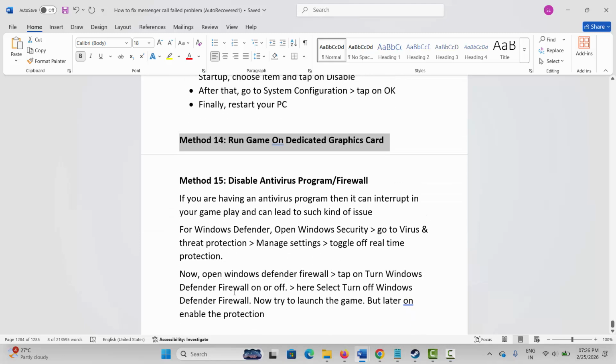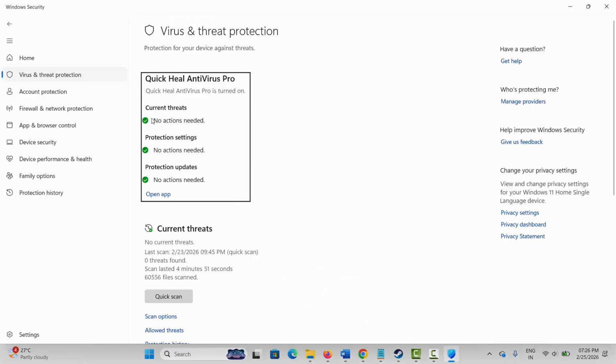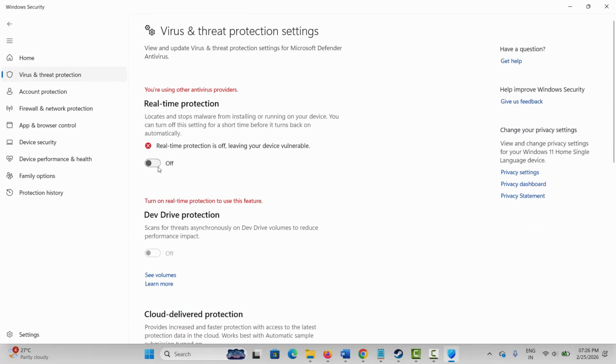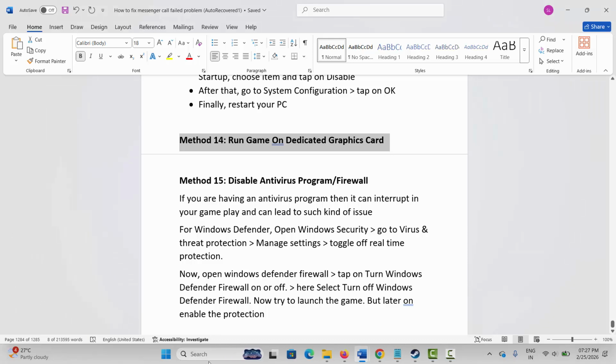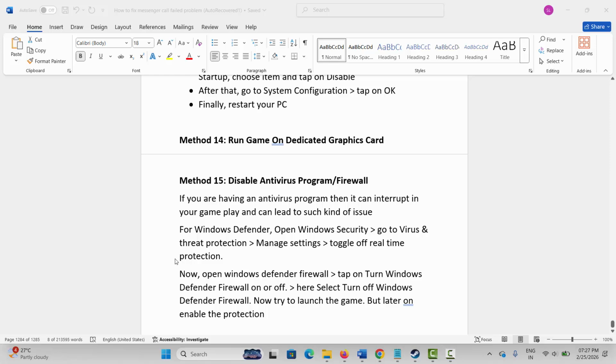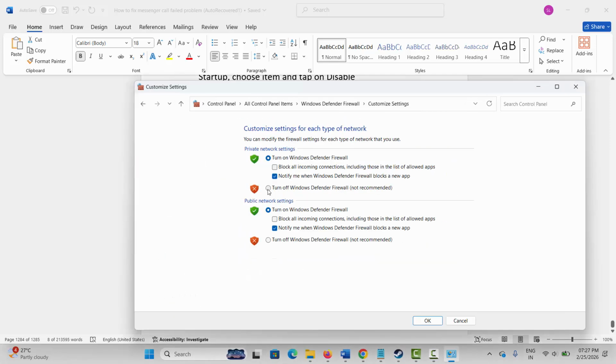So for that, go to the Windows search for Windows security, click on virus and threat protection, click on manage settings, and here you have to turn off real-time protection. After turning off real-time protection, again go to the Windows search for Windows Defender Firewall. Now click on turn Windows Defender Firewall on or off,